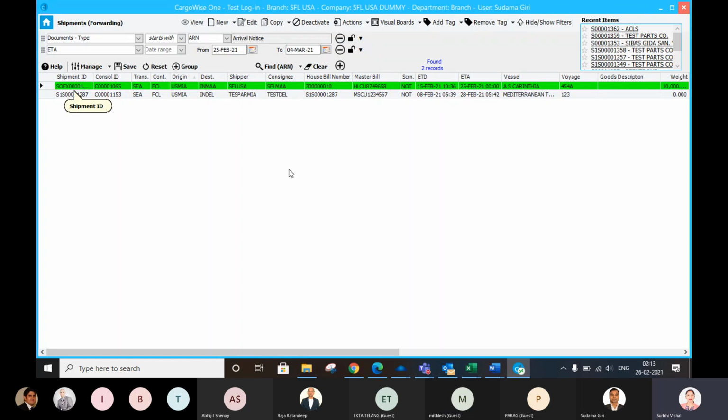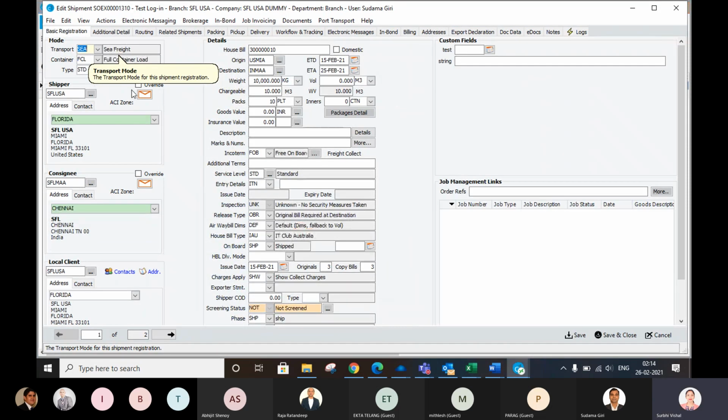Okay, fine. So for DO, there is no condition for the payment that I have written. Sudama, if you can go to the shipment. Ekta, do you also release any cartage advice to the trucker?